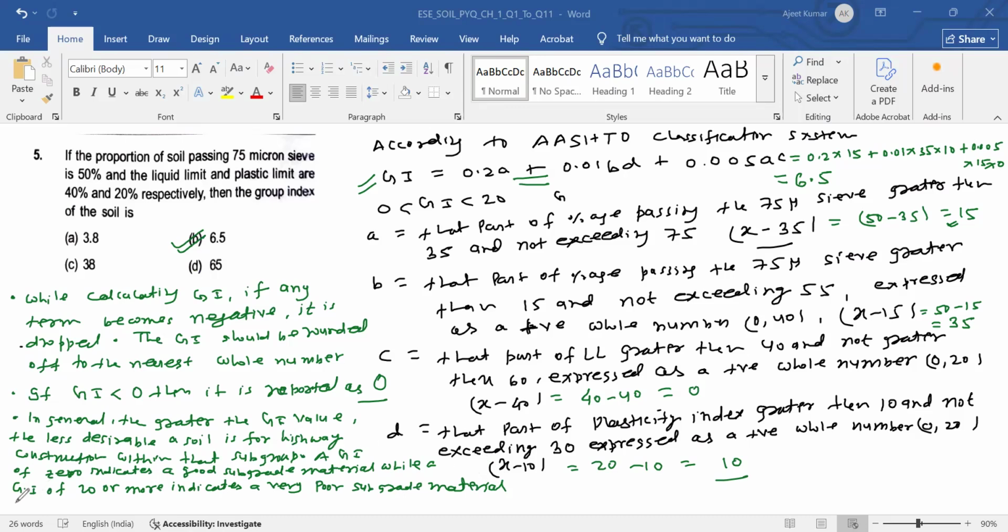Okay, and the last point about group index is that the group index must be mentioned